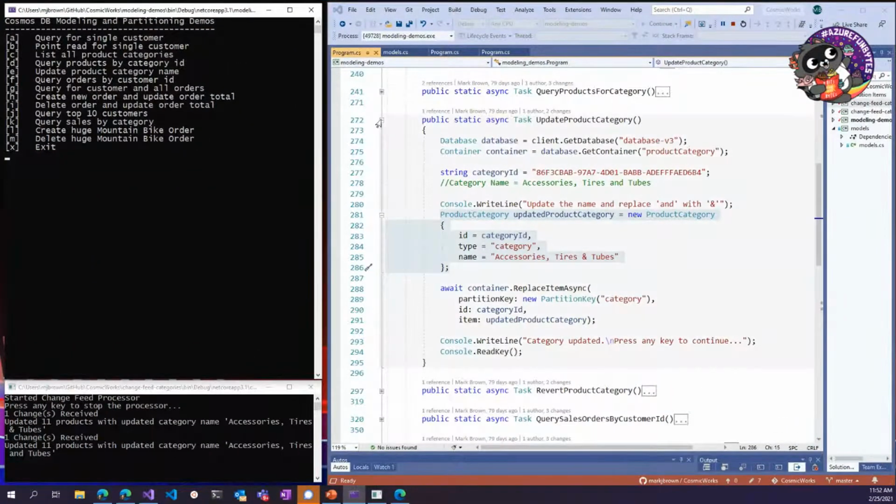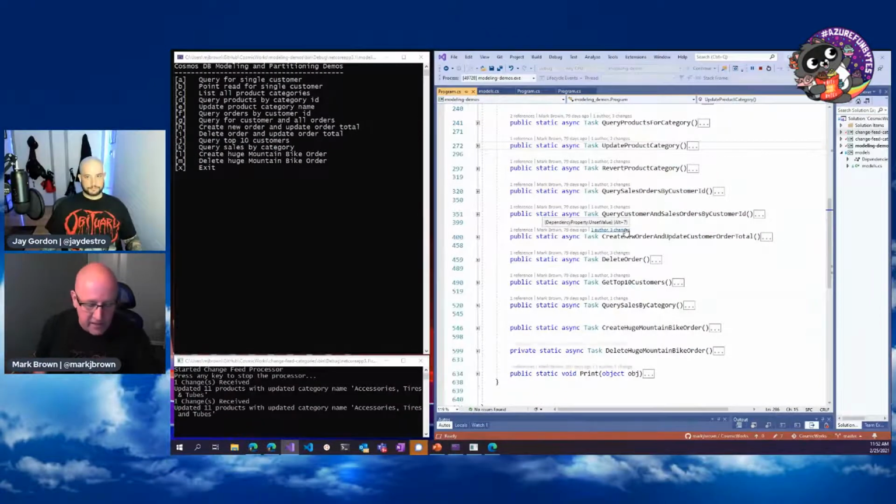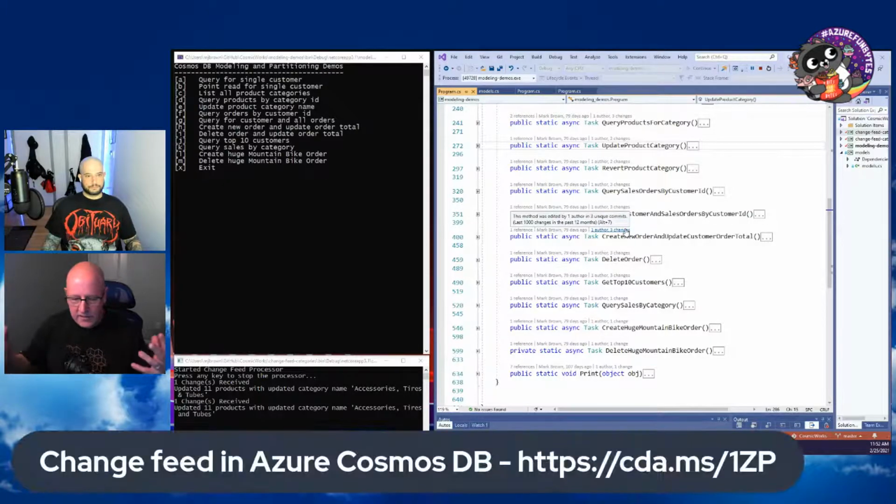So that's change feed, and you can do change feed to do all kinds of stuff. Let's say if you have a container and you query it a lot, but you use a different partition key value, you can actually use change feed to maintain two copies of that data in two different containers with two different partition keys. And this is kind of weird to maybe a relational developer or people that are not used to this type of database. But in a NoSQL world, this is actually quite a common thing to do.